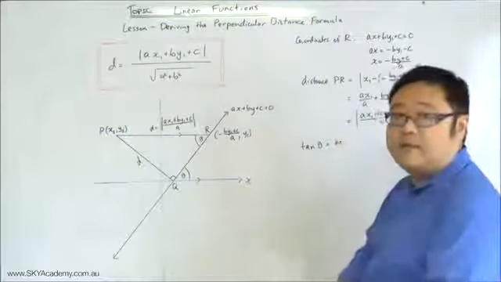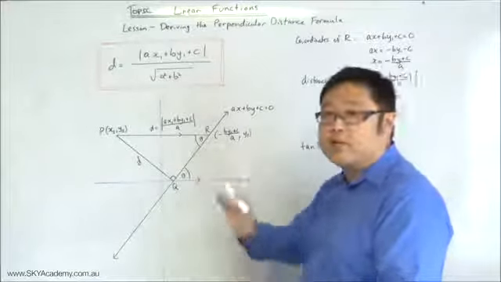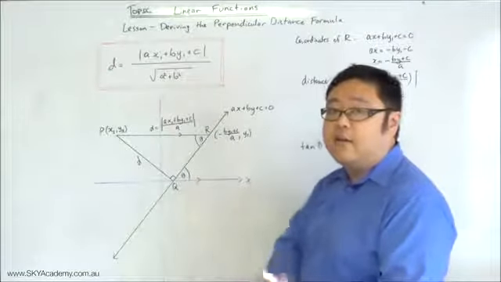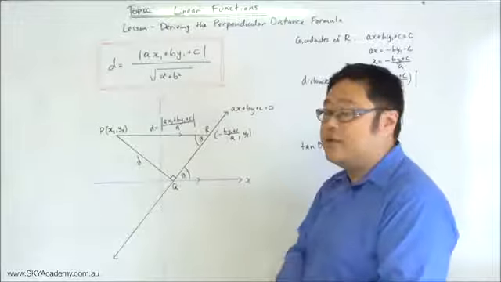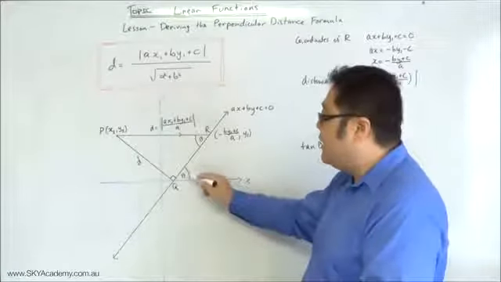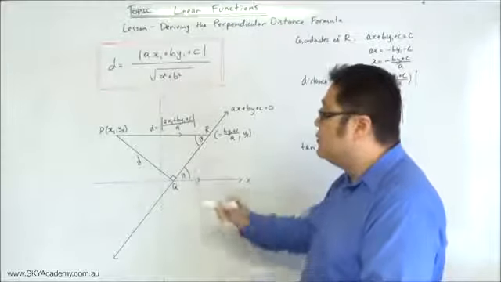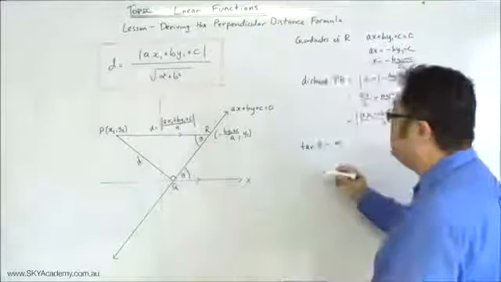Okay? Does that make sense? Alright, and this is where trigonometry comes into it. If you don't understand that, you can go back and look at the trigonometry section and/or the video where I talk about gradient, and you'll see that the tan of this angle will also be equal to the gradient. So the gradient of the line